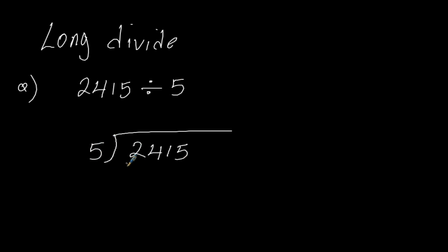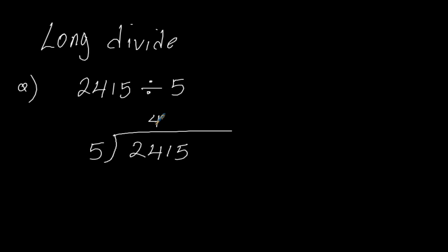So we start by looking at this number. Is 2 divisible by 5? If not, then you go to the next one to make it 24. So 24, we want to divide it by 5. It is possible. We shall get 4 times. It's better I write it above that digit, in this case the second one,